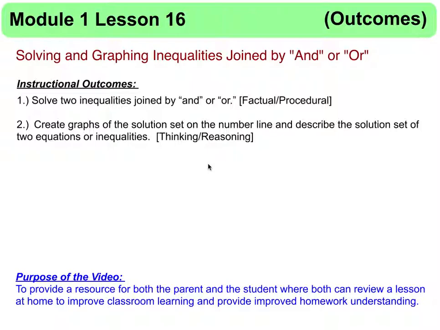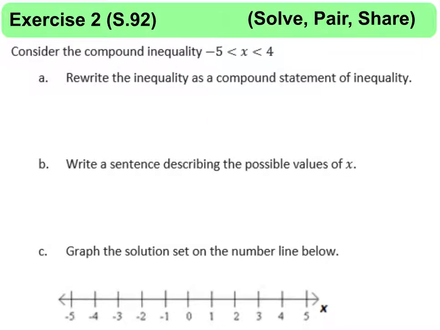So what we're going to do is look at a few of the exercises that the students were able to practice in class and talk about how they are related to lesson 15. Here we are in exercise 2, page 92 of the student handbook, where they want us to consider the compound inequality -5 is less than x, but x is less than 4. In part A, they want students to rewrite the inequality as a compound statement. We want them to be able to say that x is greater than -5 and x is less than 4